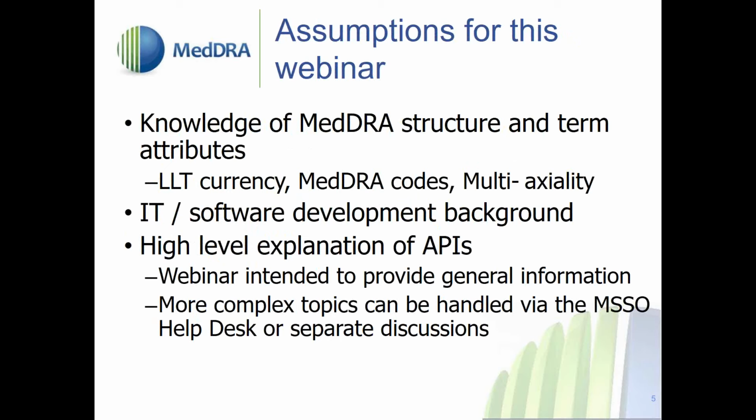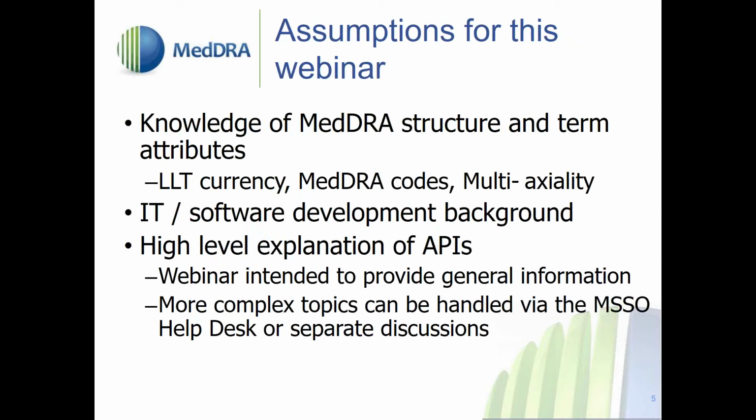Now, the assumptions that we have for this webinar is that you're familiar with the structure of MedDRA and various term attributes. So this includes things like the 5-layer hierarchy, specific attributes like LLT currency, multi-axiality, primary and secondary SOC, how the MedDRA codes are associated with terms, information about SMQs, etc. And with materials that we have provided with the APIs, the assumption is that you have an IT background and a software development background in particular to understand what we've provided.